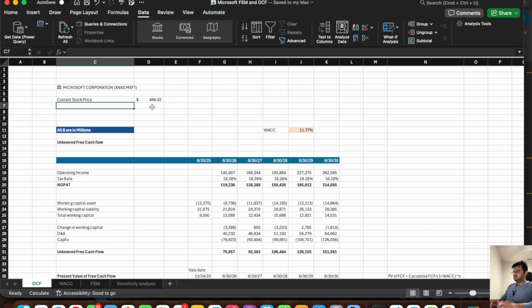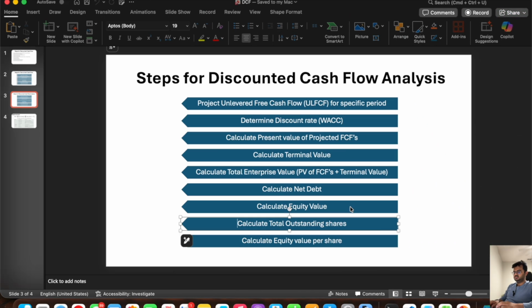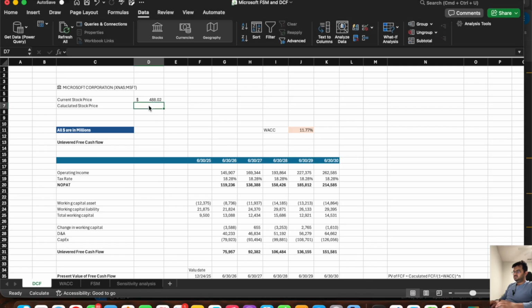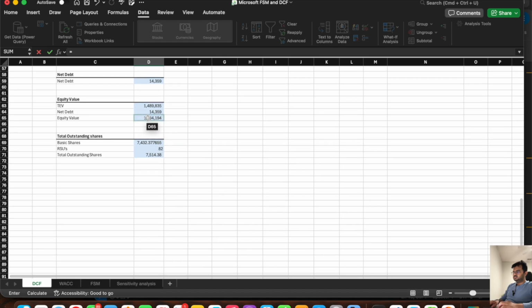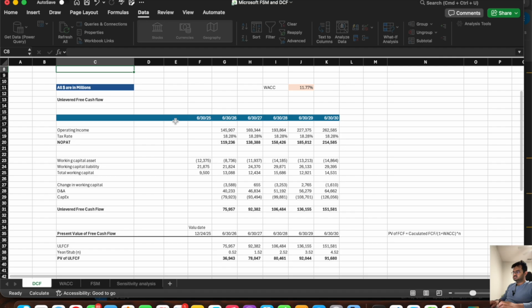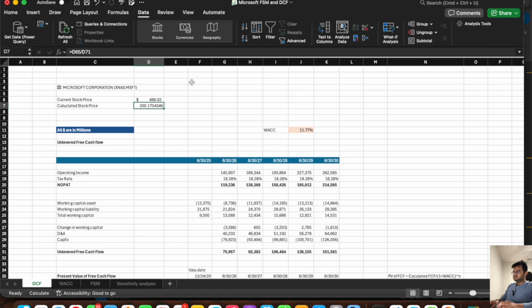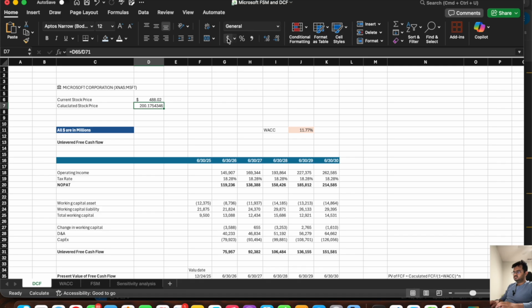As of the time I'm recording, Microsoft is trading at $488 per share. Our calculated stock price is nothing but the final step in our analysis, which is getting the equity value per share. We know what is the total value and we have the total outstanding shares. Just divide those two numbers. This number divided by this number. So we are seeing it as 200 bucks, which I think is technically less than half of the current price. So upside